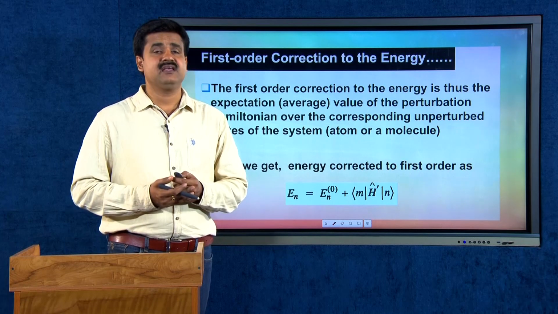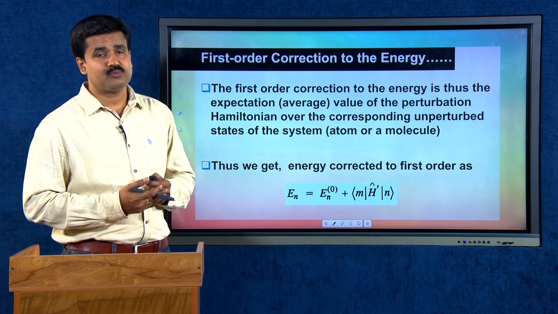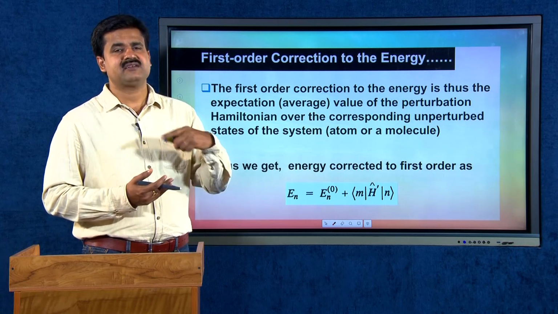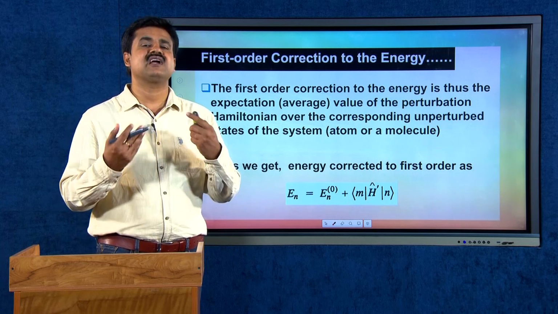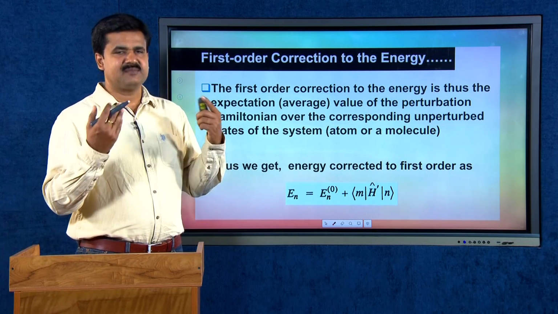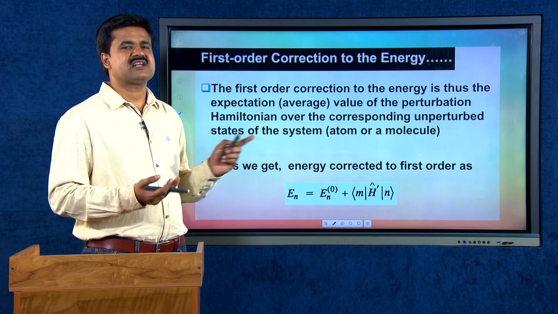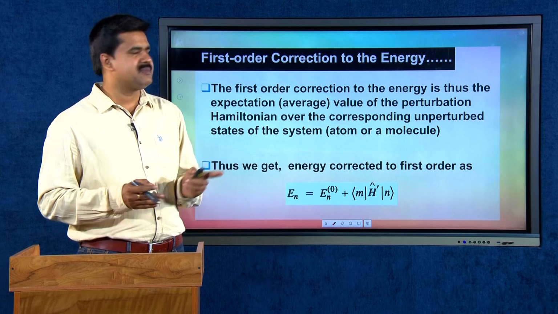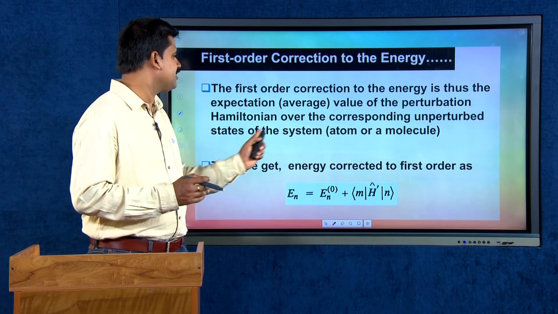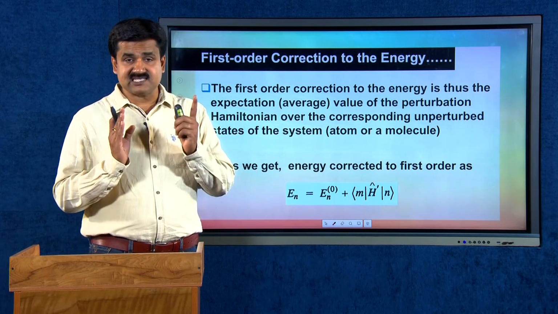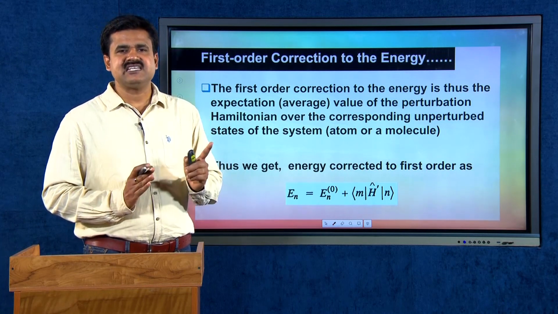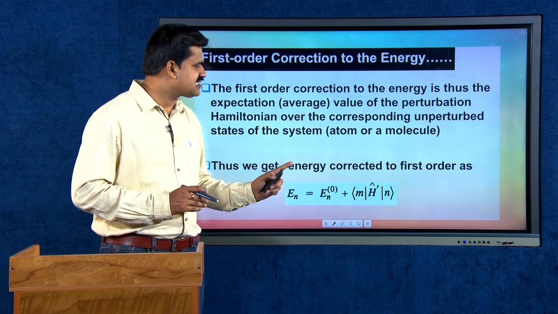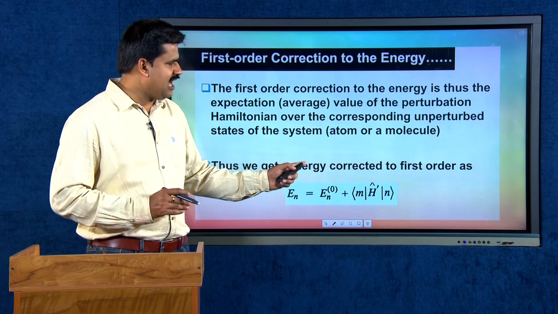We previously learned about the average value postulate. We can find the average value using the Hamiltonian operator. Energy average can be calculated by using the Hamiltonian operator. In a similar way, the first order correction can be considered as an expectation value or average value of the perturbation Hamiltonian over the corresponding unperturbed state of the system. Thus, we get the energy corrected to first order as En equal to En0 plus the integral of psi m0 star lambda H hat dash